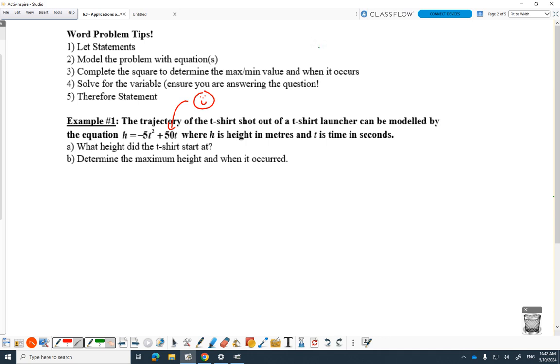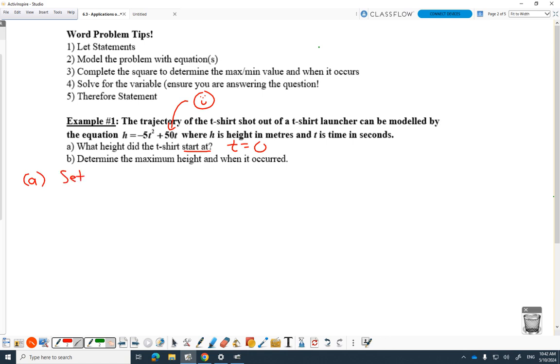Which of my weapons? I look through my tool belt and go, what's that? Probably 0, he says. If it starts at, what time are we talking about? 0. This is find the y-intercept. This is just the application of finding the y-intercept. So for A,